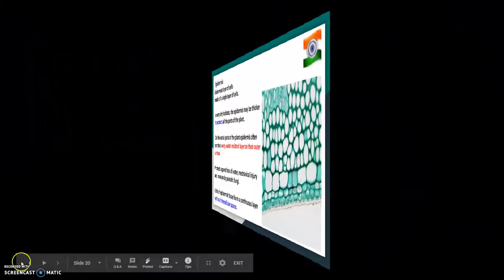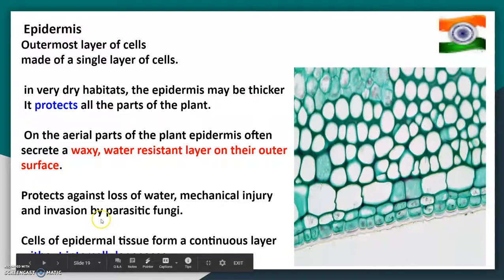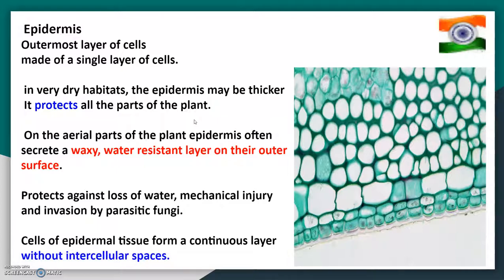So the main function of epidermis is protection, whether in the aerial parts of the plants or in the desert plants. We find that epidermal cells of the roots, whose function is absorption, bear long hairs, and in the stem also sometimes there are structures present which help in protection. Protection is the main role of the epidermis. It can be present in the leaves, in the stem or in the roots also.